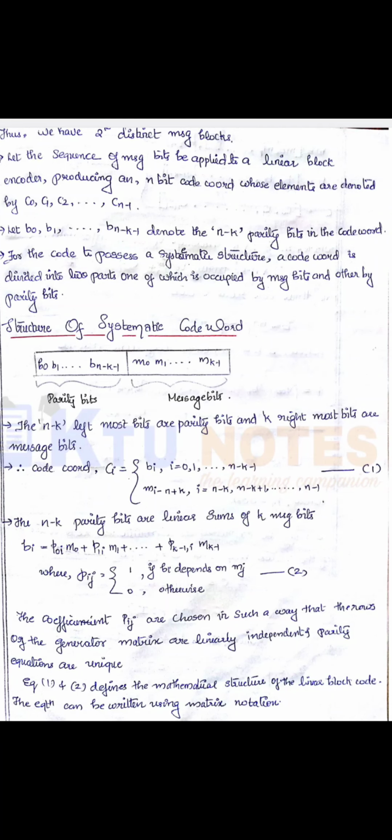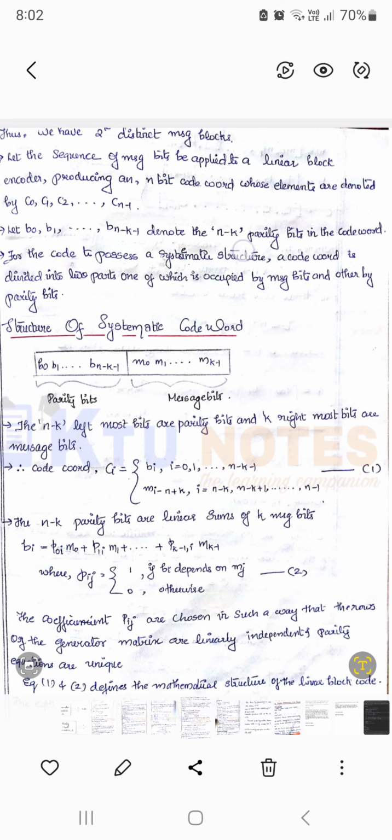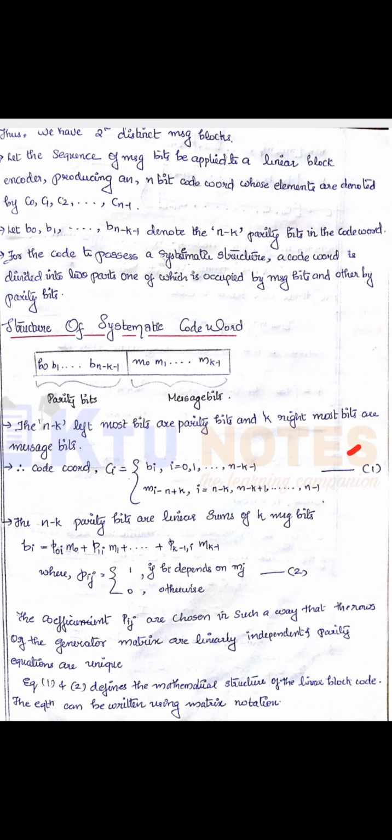The coefficients Pij are chosen in such a way that the rows of the generator matrix are linearly independent and the parity equations are unique. Okay, this is equation 1, this is equation 2. Then equations 1 and 2 define the mathematical structure of the linear block code. Okay, it is written as,